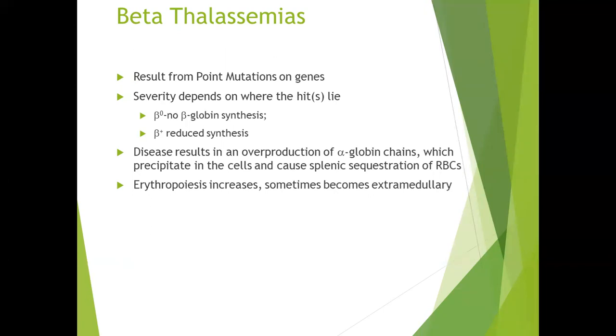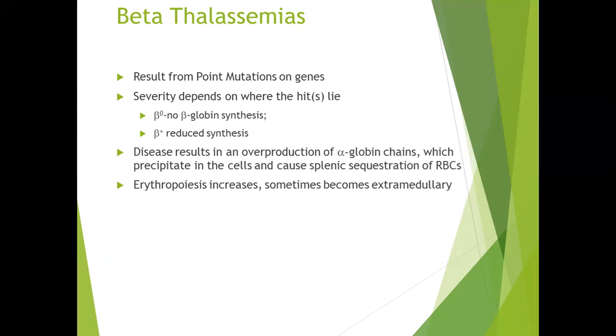The disease results in an overproduction of alpha globin chain, which precipitates in the cells and causes splenic sequestration of RBCs. So, basically, when there is no beta globin chain production or reduced production, then there is overproduction of alpha globin chain, which results in precipitation in the cells and it causes splenic sequestration of RBCs. So RBCs are broken down there, and because they are not able to be deformed, they can't adjust their shapes while passing to the splenic